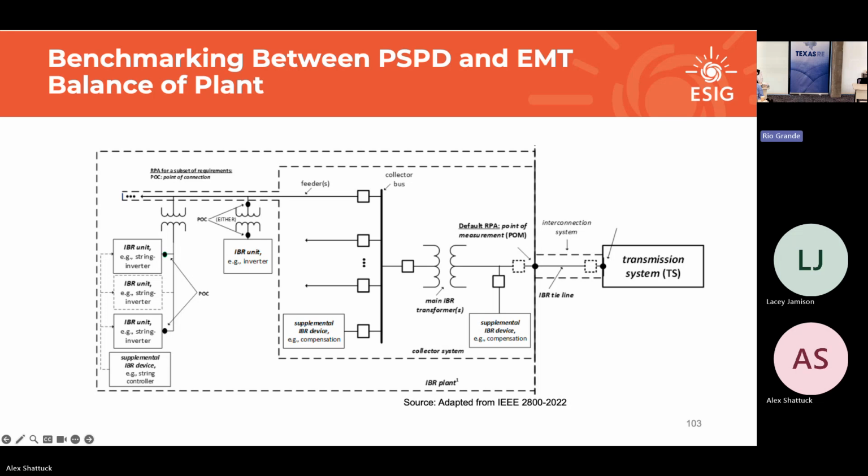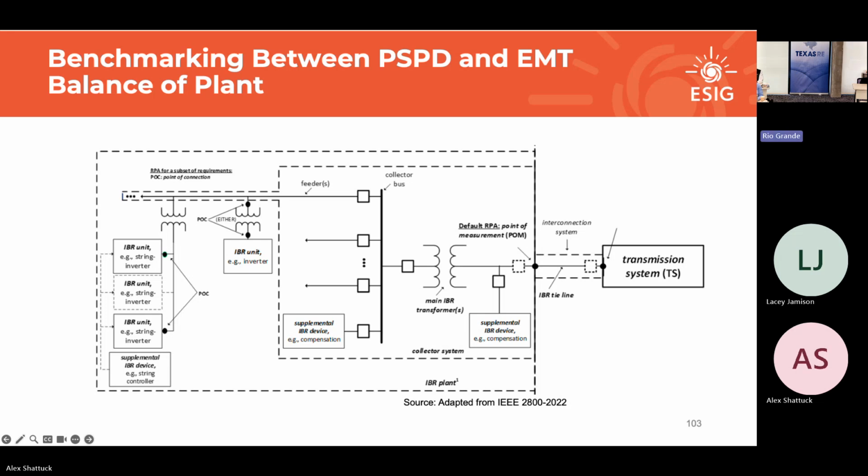Really easy. You want to check the losses on the transformers. Make sure the losses are the same. This is just a quick visual check as well, right? If you see anything wrong, you're digging into values. The losses over collector system segments, the losses over the main power transformer. These are all places where you likely will see a lot of variance, and then you're digging into it. So this is just to really focus us on the fact that